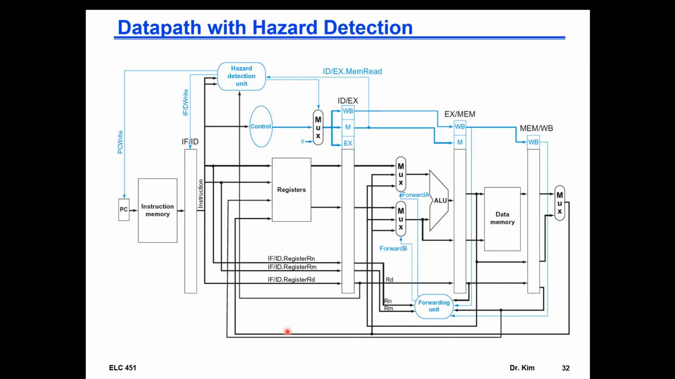So now we have to put what we're going to call a hazard detection unit, although this is also detecting hazards as well. But from a naming perspective, we're just naming this the forwarding unit, and we're just naming this the hazard detection unit. So we're going to be looking at the write field from the instruction and the destination from this stage,